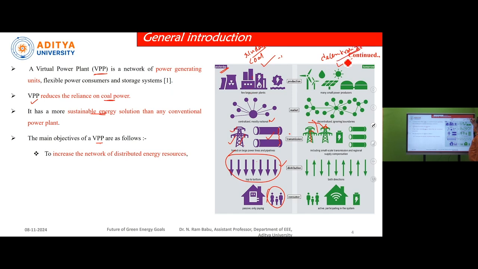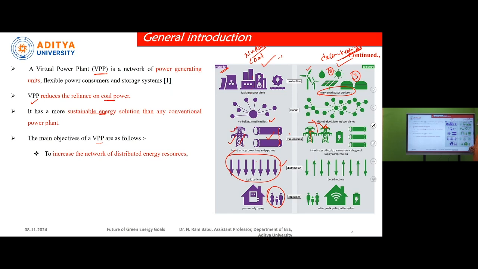The decentralized network, which is a virtual power plant, consists of a number of energy sources. Here you may see the first one is wind turbine systems, the next is a solar power plant, the third is a parabolic solar power plant, and this is a plain solar power plant. Many small generating stations have been introduced in our decentralized market. In this decentralized system, the market consists of various kinds of companies: generation companies, transmission companies, and distribution companies. We discussed these companies briefly yesterday, and they follow some rules and regulations.